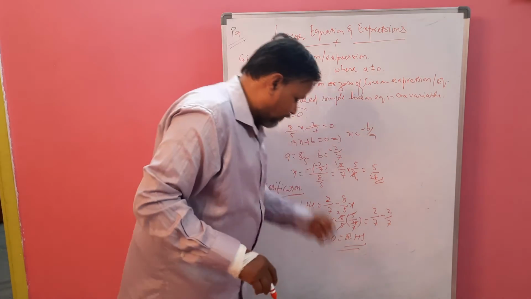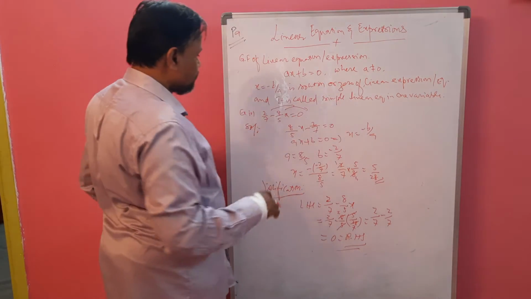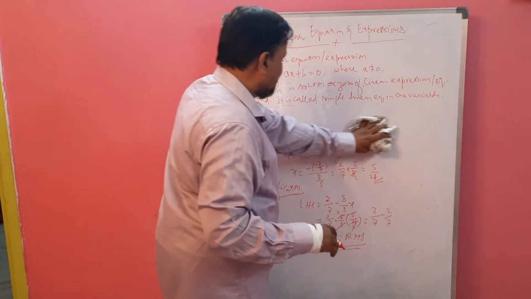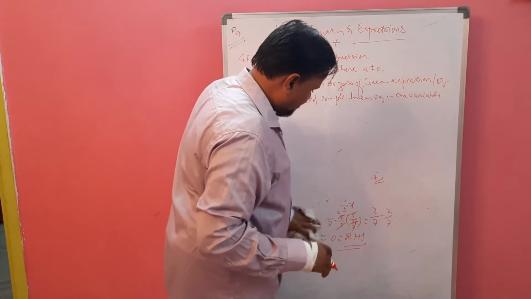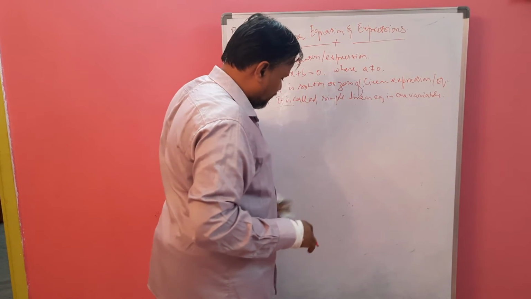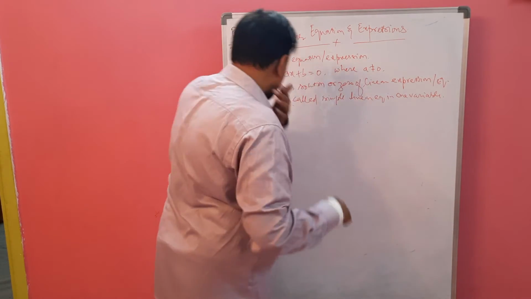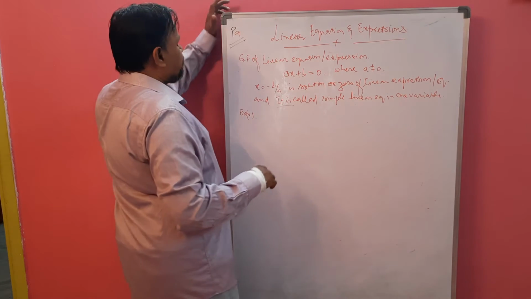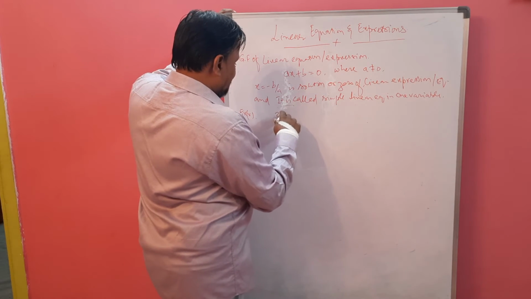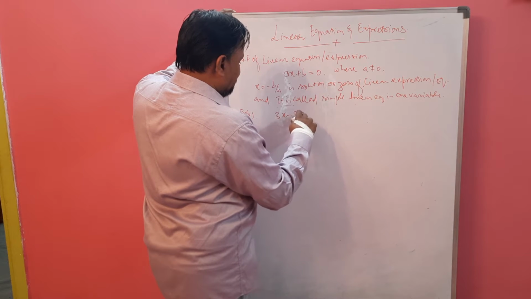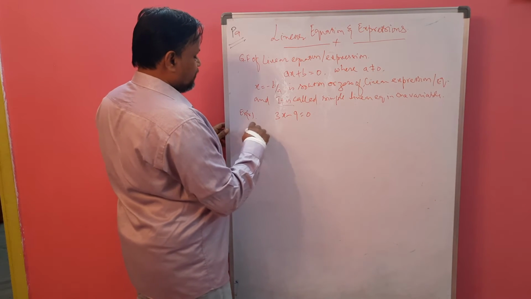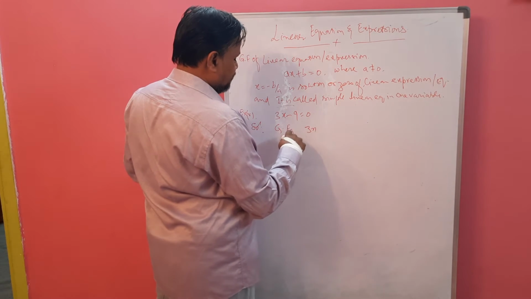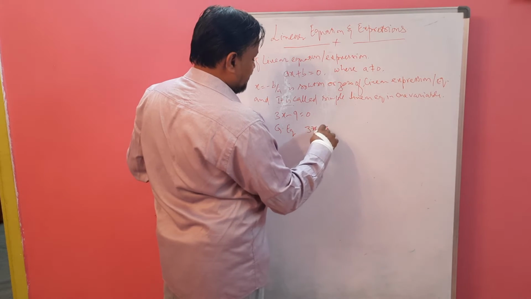Using this formula we can find it. Now we are going to find without using the formula. Same thing, the linear equation, but we are going to find it without the formula. Just interchange or move the value to the other side. No need to worry about how typical it will be. Okay, fifth one. Suppose 3x minus 9 equal to 0 is given. This is the equation. Now the solution of this is nothing but, given the equation, we have to write 3x minus 9 equal to 0.